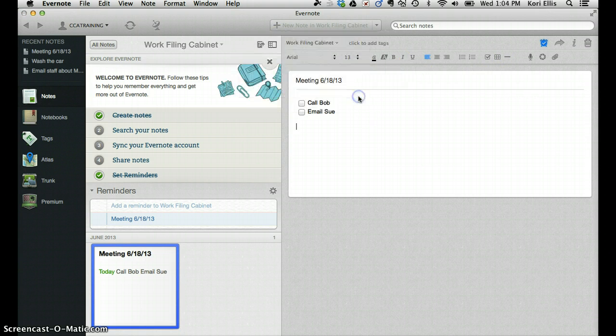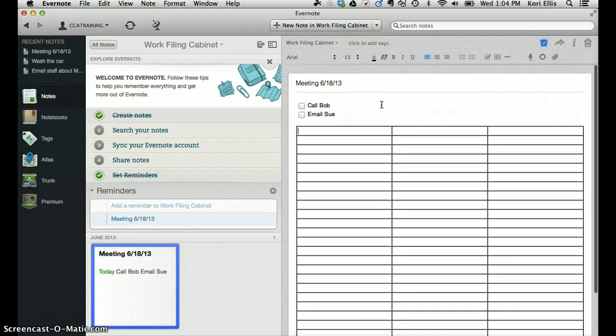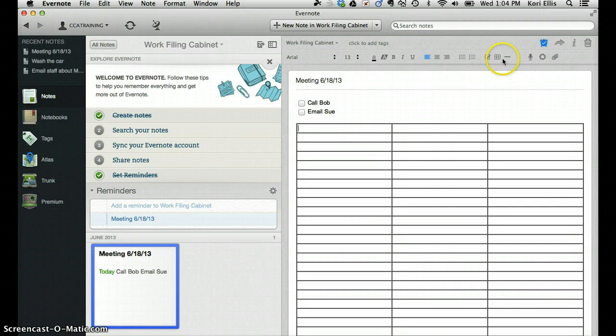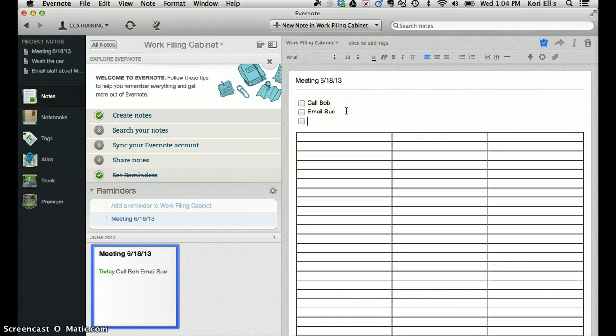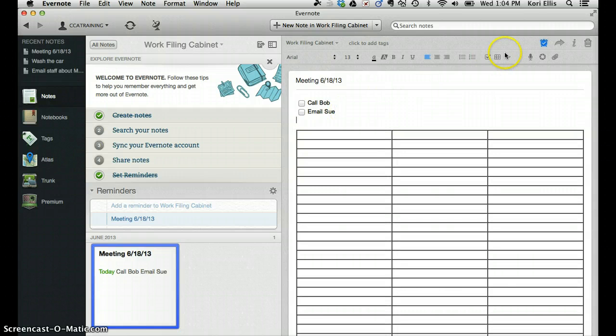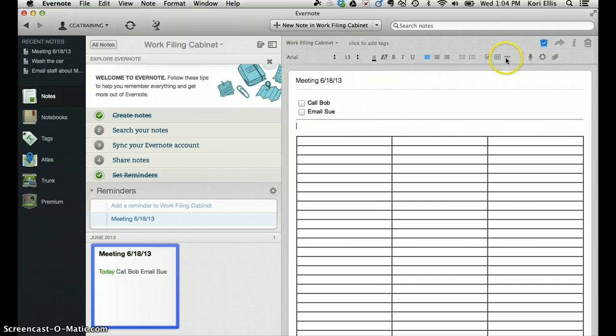How many rows and how many columns do you want? It gives you a lovely table to fill in. You can add just a divider line, if you've got that going here, just by tapping the horizontal line. You can actually click the microphone button here and be recording a meeting right along with any notes that you're typing, and that's very